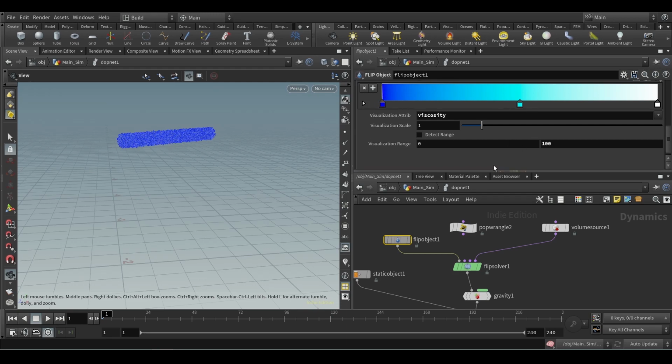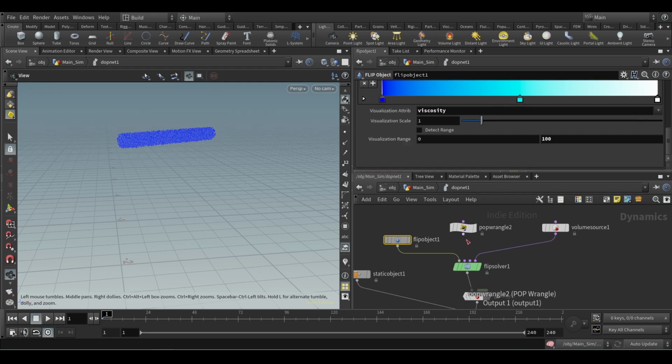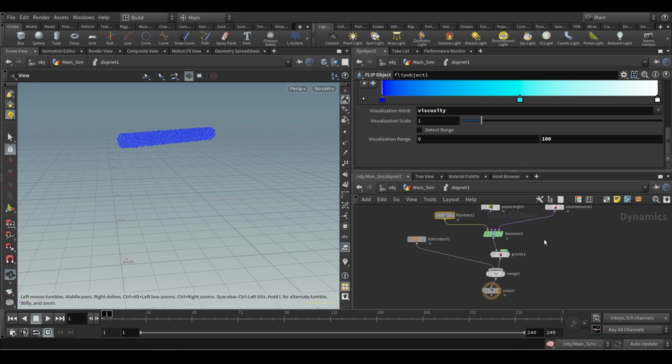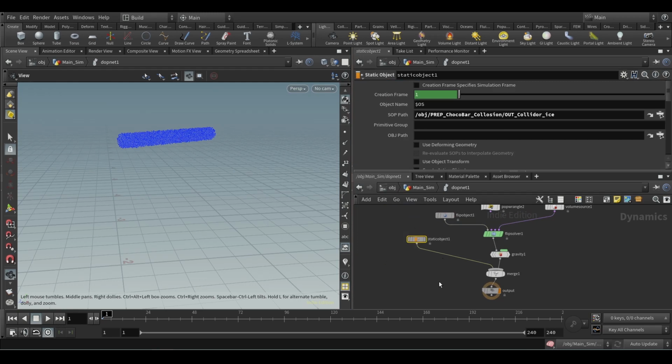And viscosity also, you can see right now it's here. But we unplugged the viscosity, so nothing. It's going to be the same viscosity as it is. Like it is zero, right? Visualizing the range, zero is blue. So let's see what happens if I unplug the viscosity. And of course the chocolate bar,